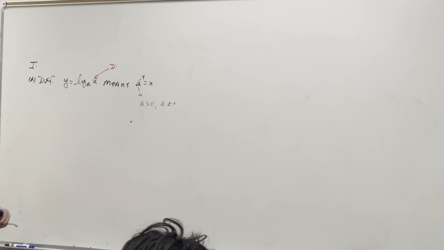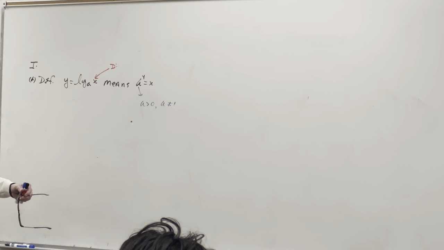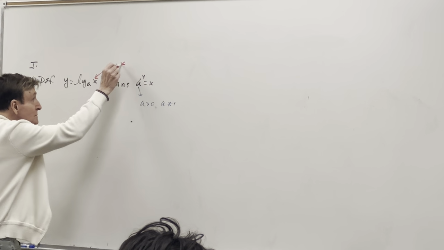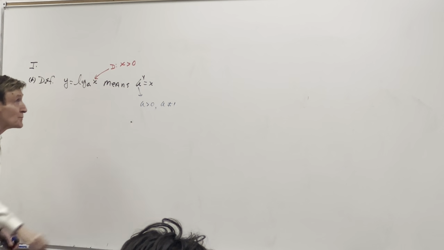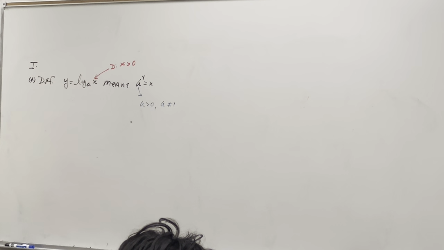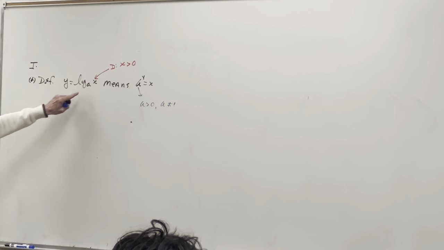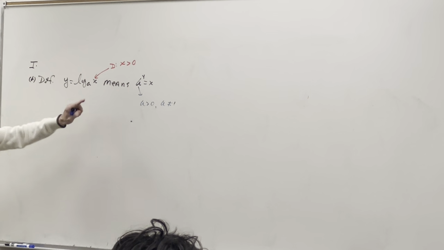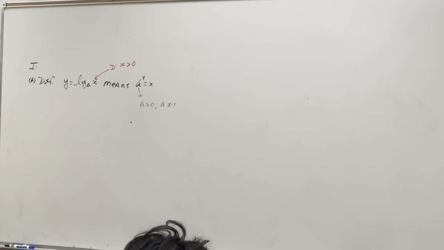Anyone recall what that restriction on the domain was? x must be greater than 0, positive. So the domain of a log function must be greater than 0, and also the base must be greater than 0, but you can't let it be 1. If I see something like that, I know how to deal with it. We're going to deal with it here shortly, but first,